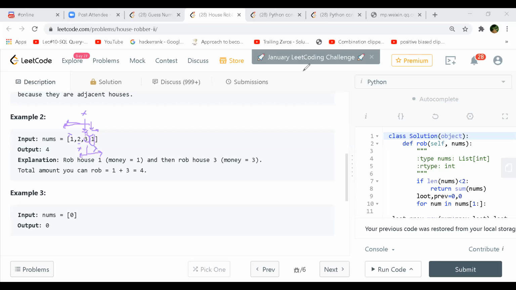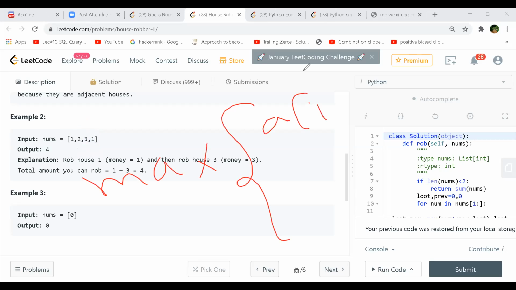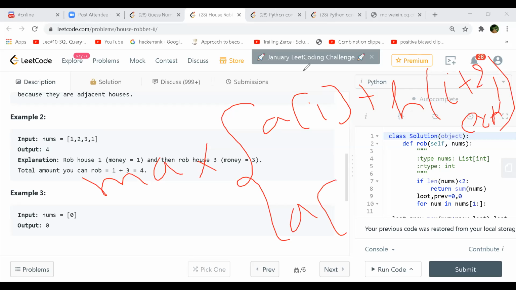So if I reduce the problem statement and break it into two different subproblems, then it's easier to follow. It should be the max of these two: either you pick A of I, then the next helper function will go from I plus 2 to the end of the array, or if you pick A of I plus 1, then the next function will go from I plus 3 to the end of the array, and whichever gives the max. Will this work?